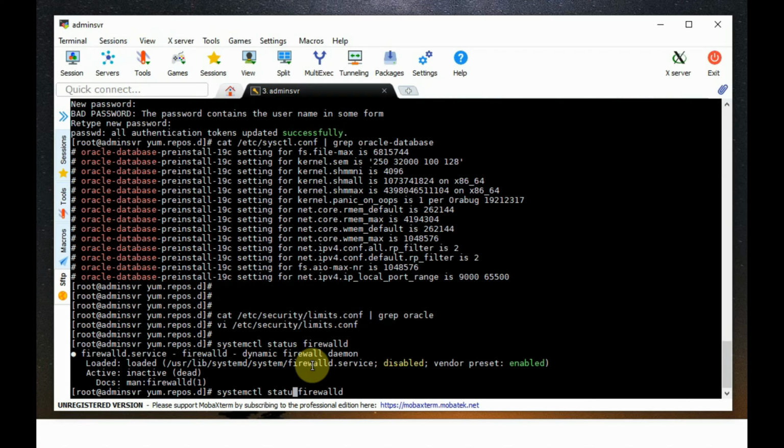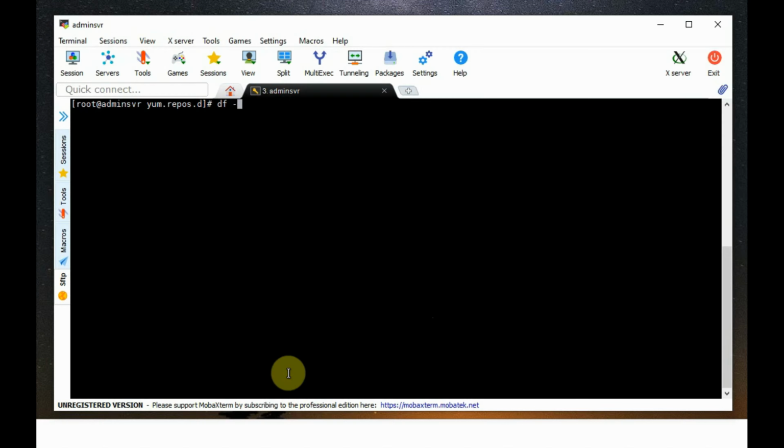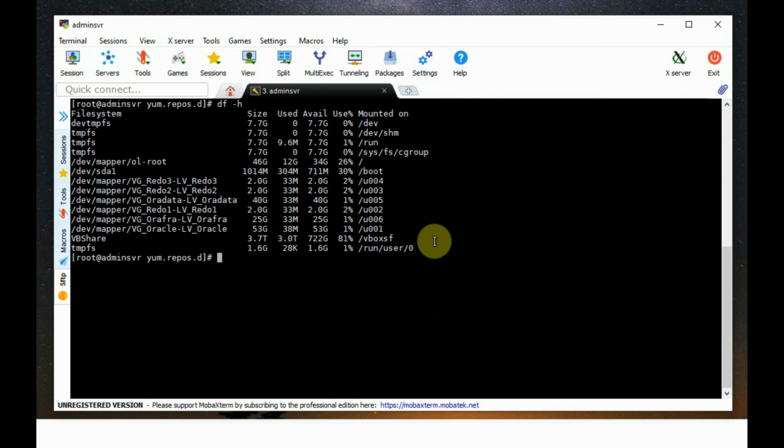Just pass this parameter disable here. So systemctl disable firewalld will disable our firewall in the Linux server where we are installing our Oracle software. Now I will clear the screen and do a df -h again to go to the file system details,